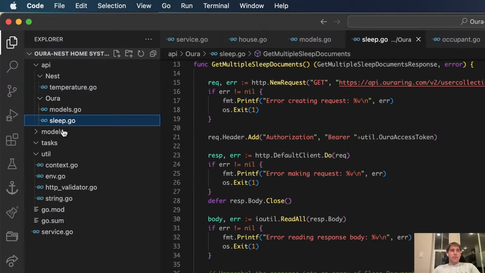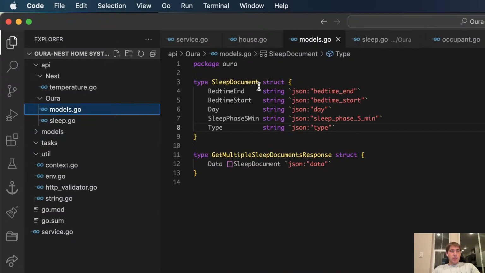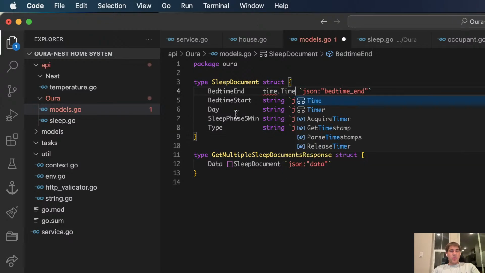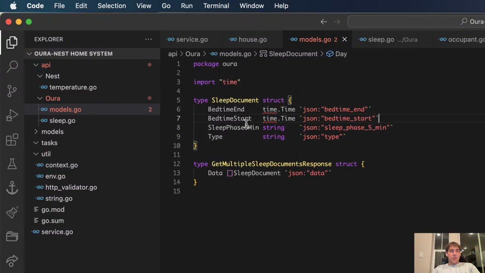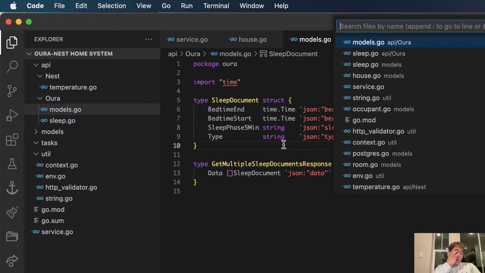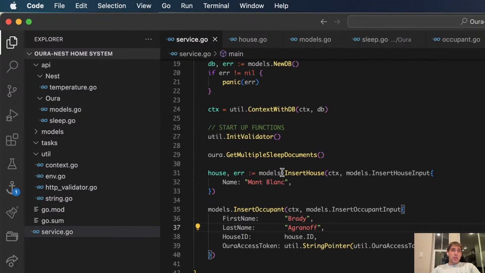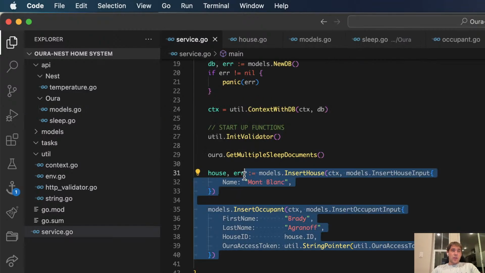Which means I don't need, well, what is the bedtime start? Yeah, it comes through with the date and everything. Great, let's keep it as is then. Can I set it as time, not time? It's a real question. Time, get rid of this. And then if I go to service, I'll get rid of these.